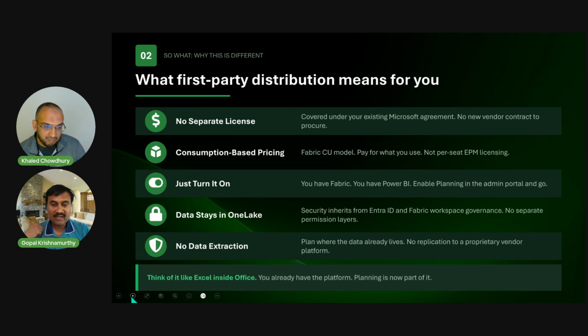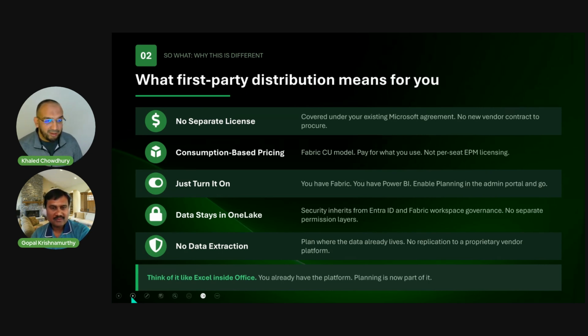The other big thing is, for the first time in EPM software, it's true consumption-based pricing. Let's say you don't use it for 6 months in a year, you use it only during the budgeting season, you only pay for the months you use it. Basically, it's activity, session-based pricing. A lot of organizations are still in cyclical budgets where technically there are 3 months of the year where we need 300 licenses for every manager to enter data. So they only pay for 3 months when they are active. So anytime they're active, you pay for 30 days, from the way I understand.